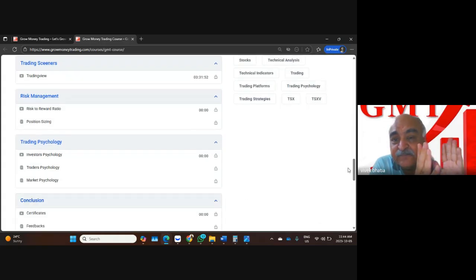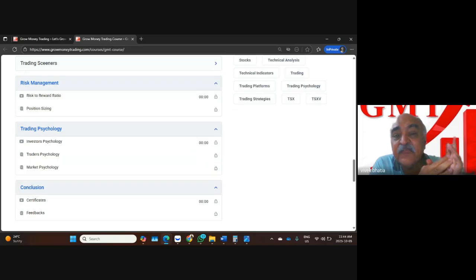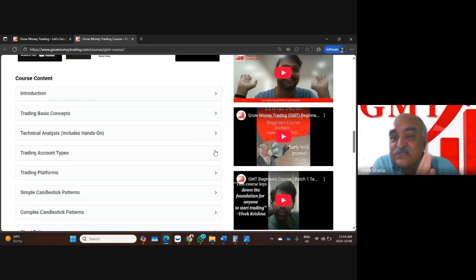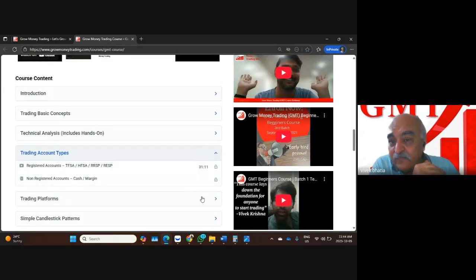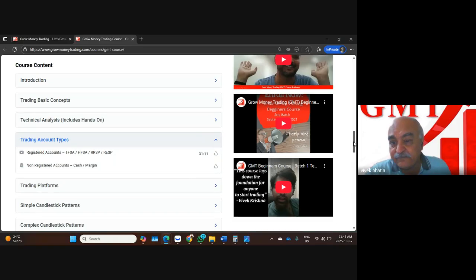Now, when all this is being done, in case you haven't opened accounts like TFSA accounts, RSP accounts or personal trading accounts, Kamal and Aditya will also help you with what kind of account you can open. Mind you, we will only suggest what kind of accounts you can open. You have to open your account yourself. They will tell you how you can trade on these accounts, what is good, what is bad, and the pros and cons of each account. They can guide you on any questions you have on account opening as well as account operations.